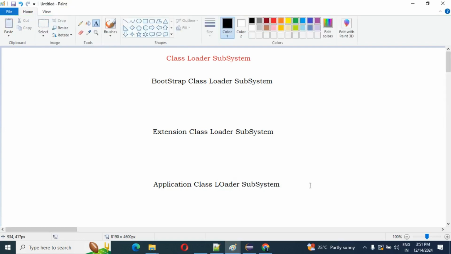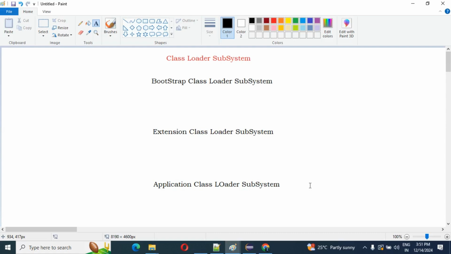We have these three class loader subsystems in our JVM architecture. Then guys, we'll discuss them one by one: first the bootstrap class loader subsystem, then the extension class loader subsystem, then the application class loader subsystem.